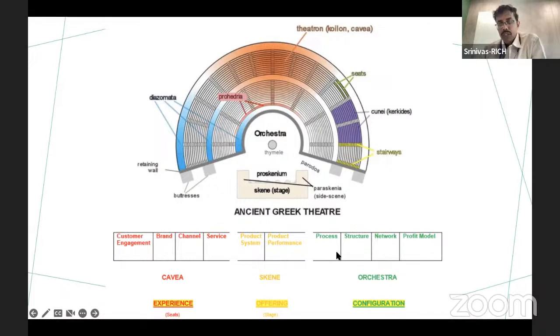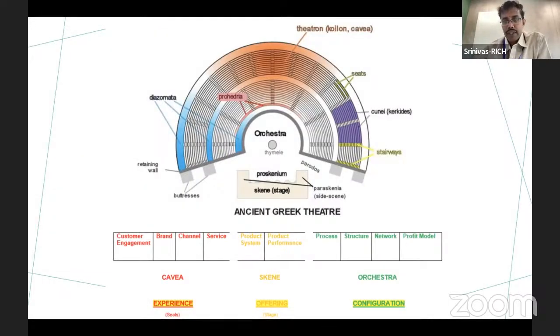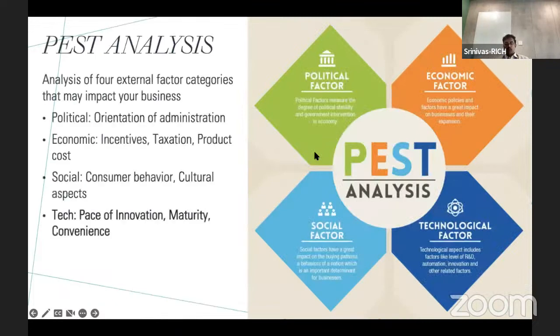And then what are the processes, internal manufacturing processes, structure of the organization, network, what is the profit model for your organization? All these are the internal themes, right? So this framework looks at how innovation can be driven by taking a more consumer focused approach, and then optimizing your processes, structures, and everything else so that you can offer better products, more innovative products. This is yet another framework.